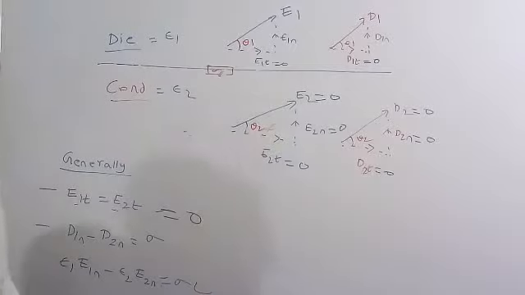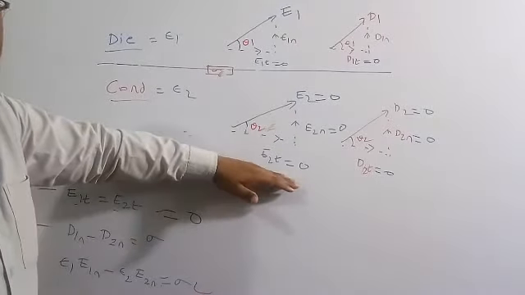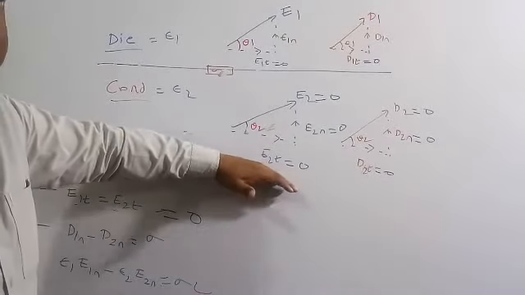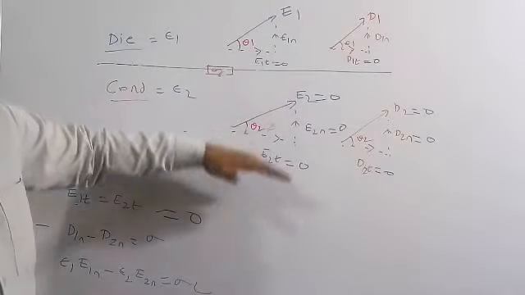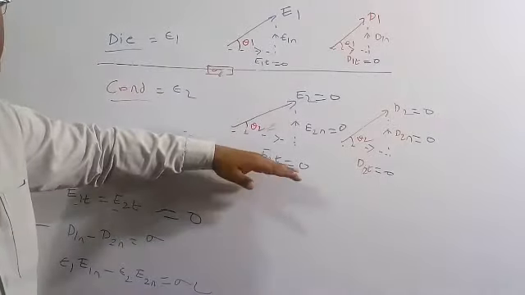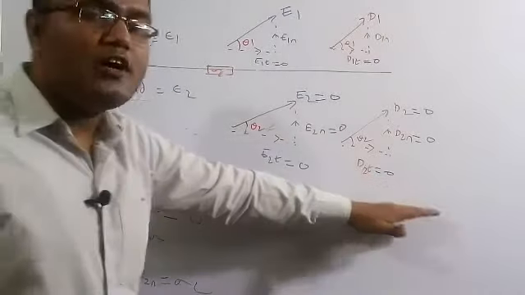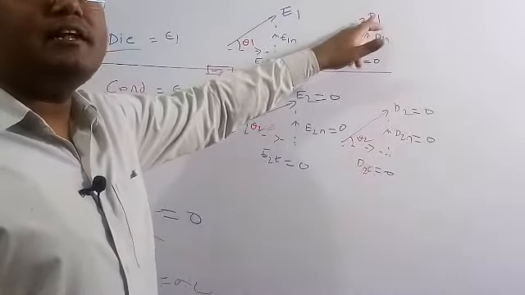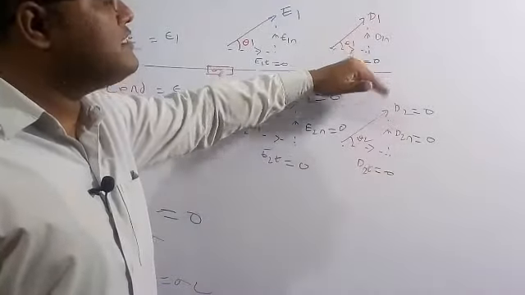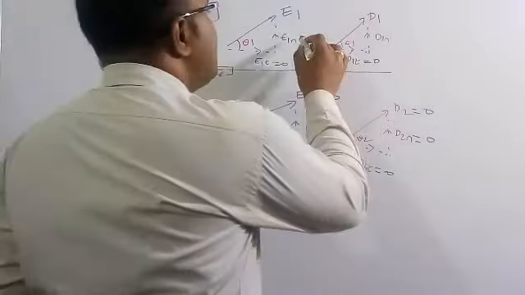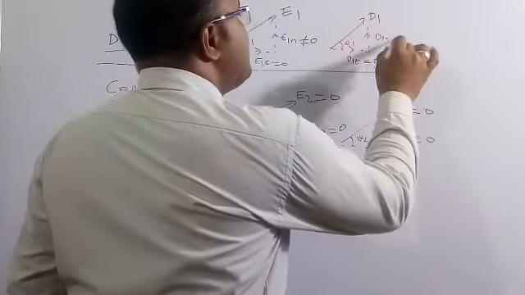Now if you see carefully, the horizontal components of the electric field are both 0. E2 is equal to 0, E1 is also 0. So the horizontal components of the electric field are 0, and similarly the horizontal components of the electric flux density D are also 0, because D2 is equal to 0 and D1 is also 0. But here E1n is not equal to 0 and D1n is not equal to 0.